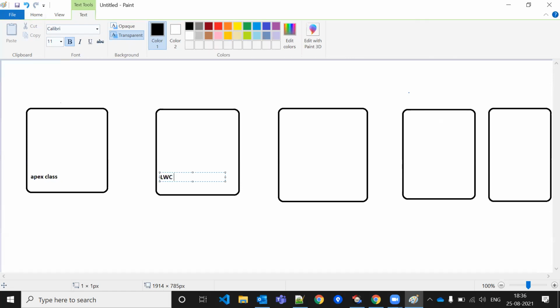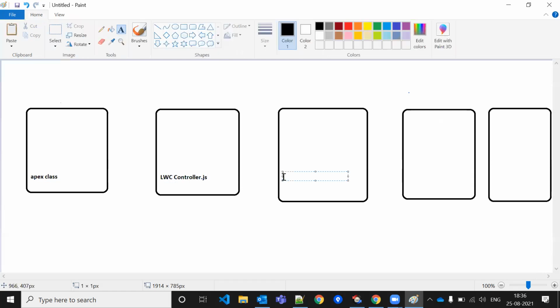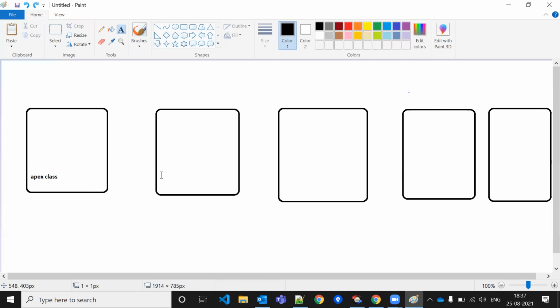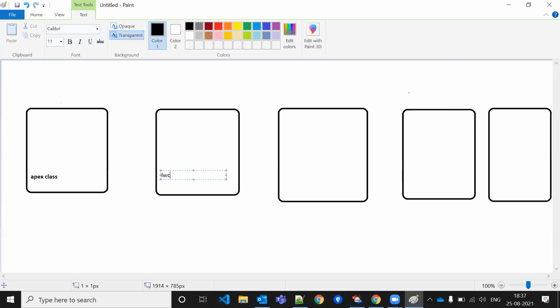I can say LWC controller.js. Here I can say LWC. Oh, sorry. This is my HTML.